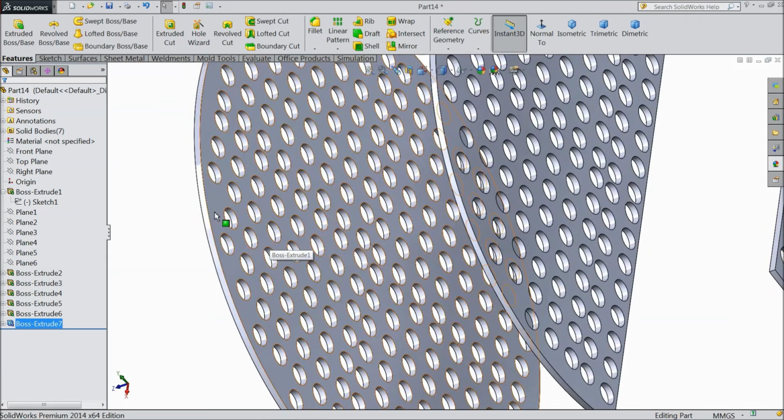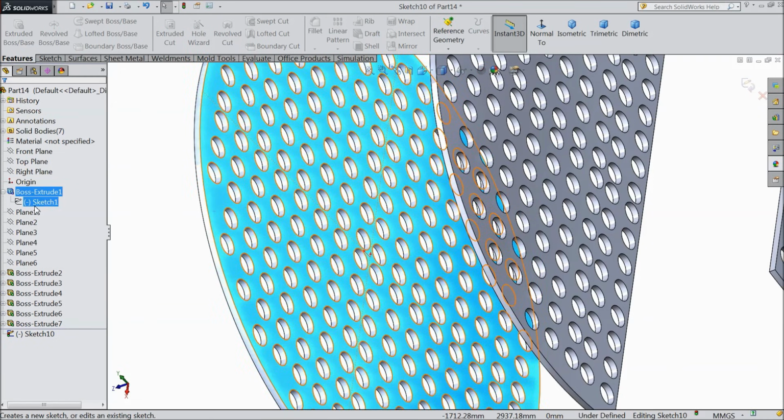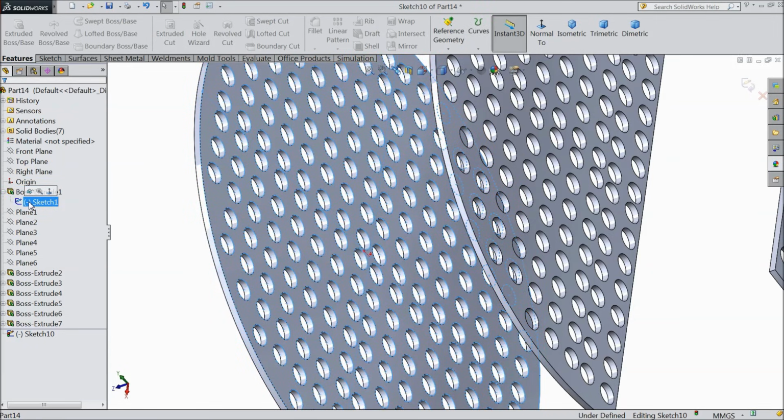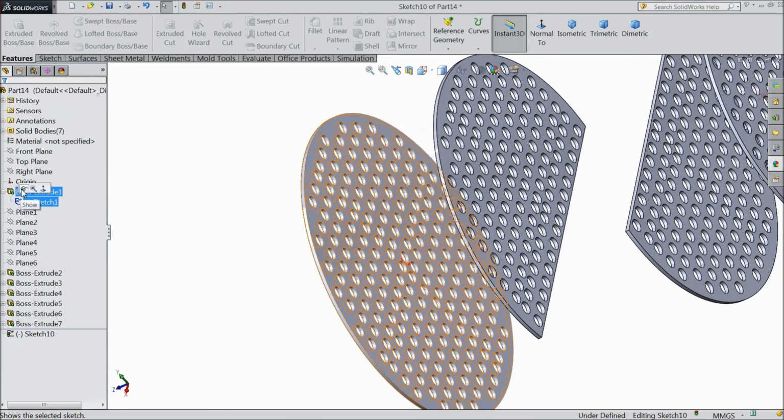Now select this inside face, sketch. Select this sketch 1. Select here, I think no need, or select show.